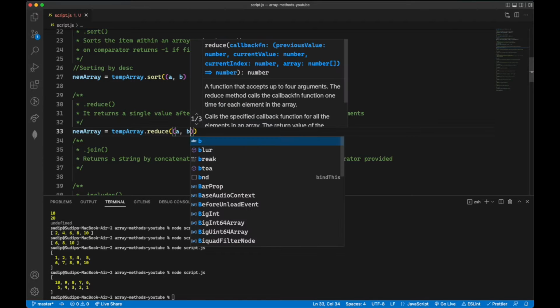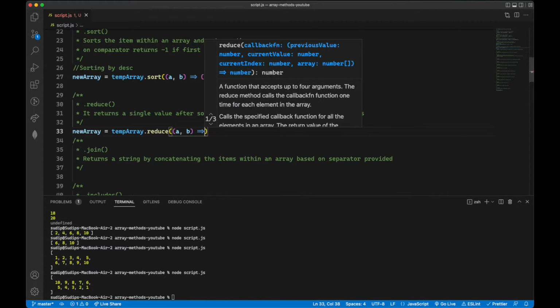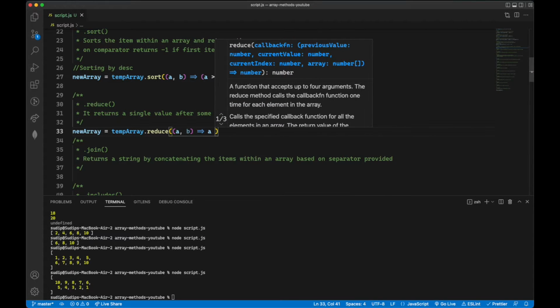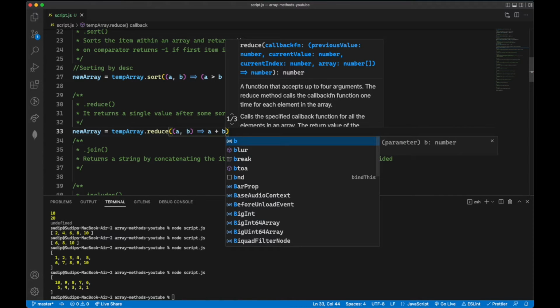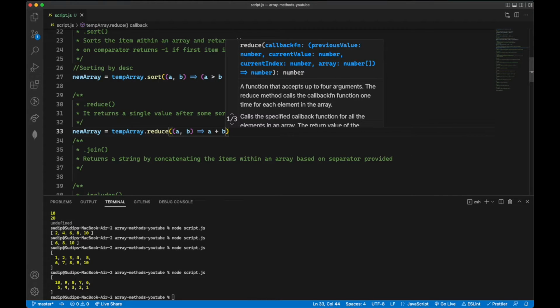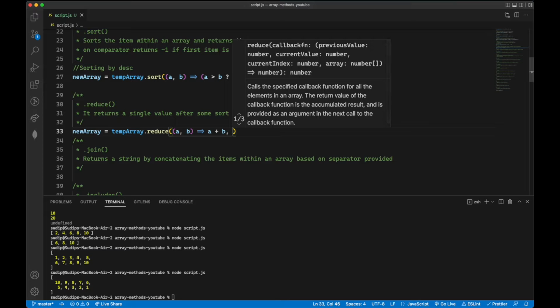things, a and b. Basically all you need to do is a plus b, and optionally you can pass a second argument after your regular function, and that will be the initial value of what you're trying to achieve. Since we're trying to achieve the sum out of our array, our initial value should start with 0. So if I do that,